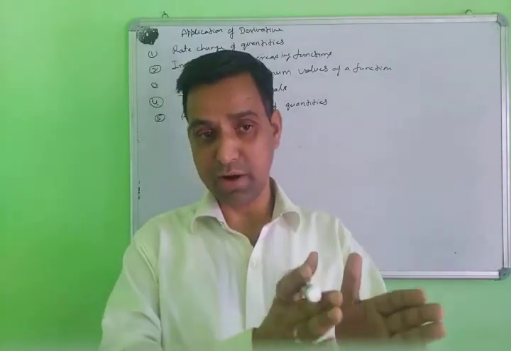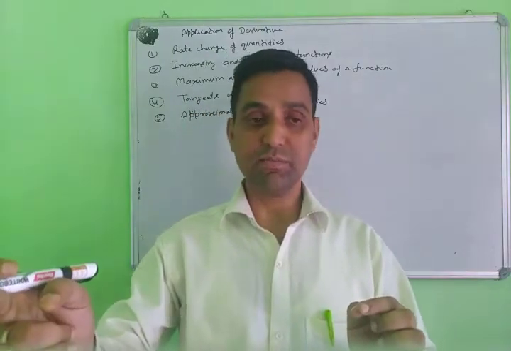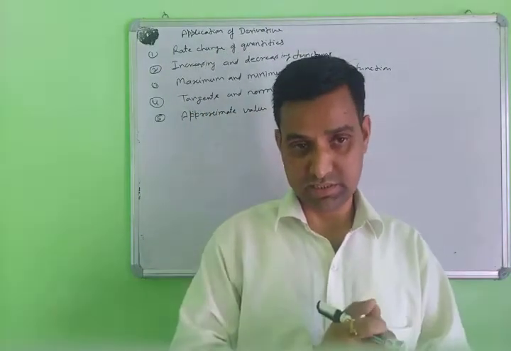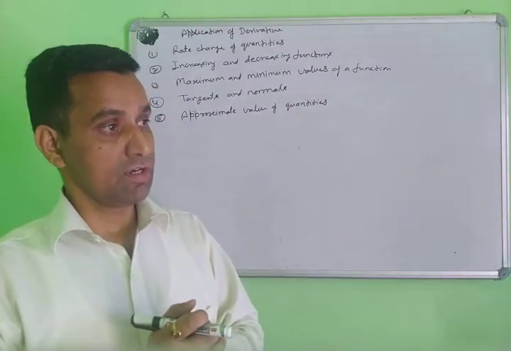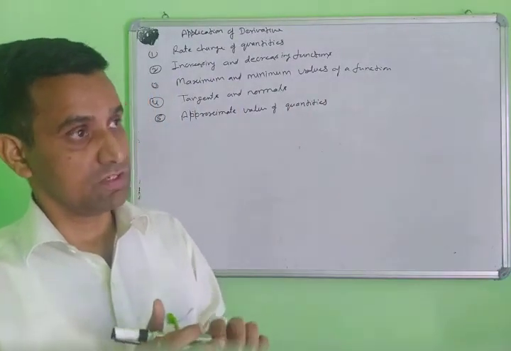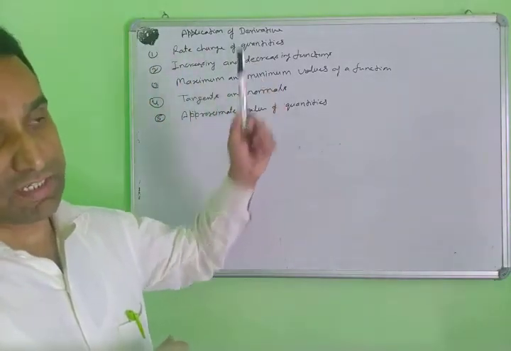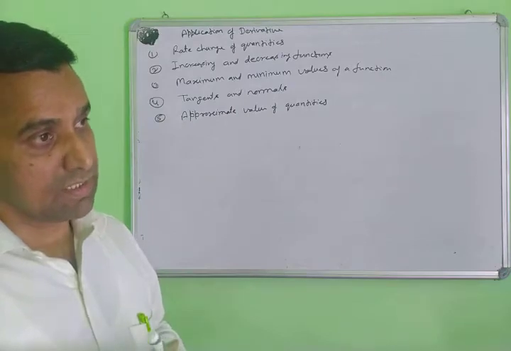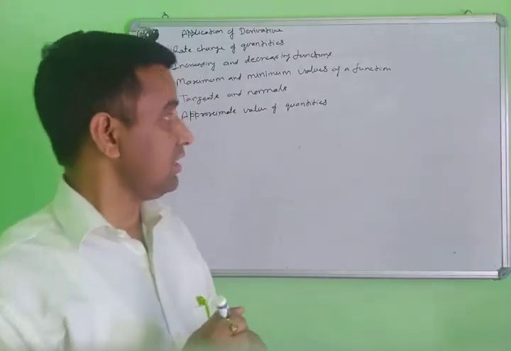This is the chapter 5 part, the derivative, and its usage is the part of chapter 6. I am taking some topics where you use the derivative. First topic: rate of change of quantities, meaning how the quantities are changing. What is the quantity we discuss here?